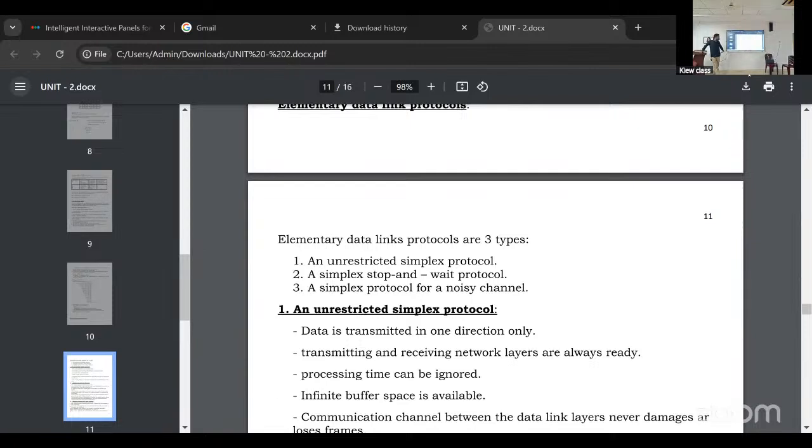Here some standards will be there: 802.2, 802.3, 802.4, 802.5, 802.6, 802.7, 802.11, 13, 14, up to 15. 802.3 is used for Ethernet. 802.4 is used for the token bus. 802.5 is used for the token ring.